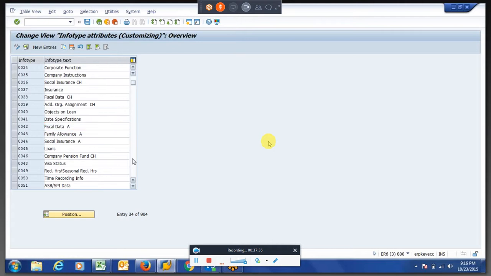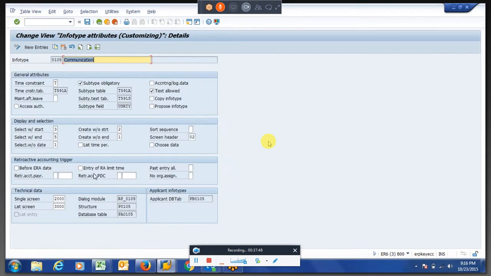There are many logics and many conditions within SAP. I'm not saying that I'm explaining each and every part of SAP. It's almost impossible. If you change this data, it won't impact your payroll. So you have to understand which infotypes impact payroll and which do not. Creating a Z infotype is very simple for any ABAP or functional person, but you should understand the functionality of the infotype. Is it a payroll relevant infotype or a normal infotype? There are many things. It should be self-study for all of you.